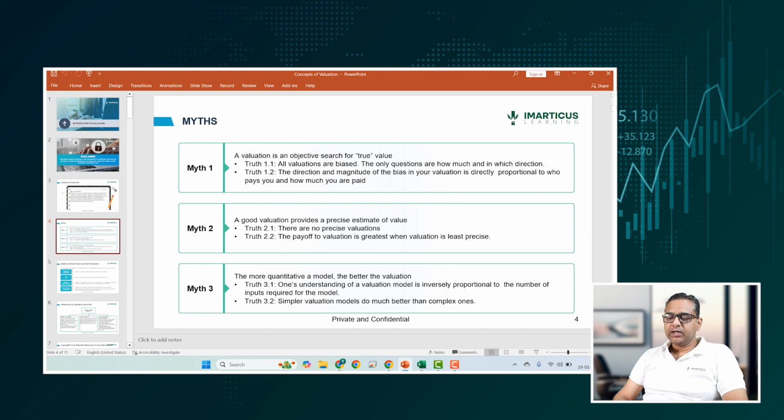Myth number three: the more quantitative a model, the better the valuation. No, again. Sometimes we feel that the more complex the model looks, the more variables it has, the more sheets it has, the better the estimate it will be able to provide. That may not be the case, because more complexity means a lot of input variables, a lot of estimates, a lot of assumptions being made, and with every such estimate or assumption, there are chances of